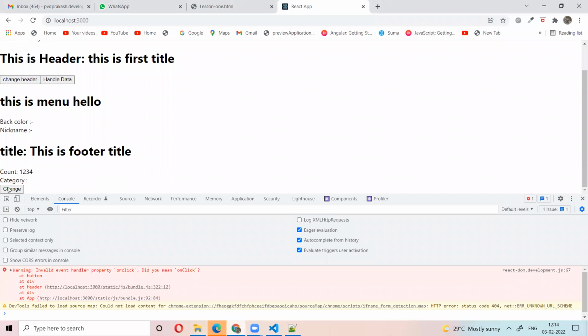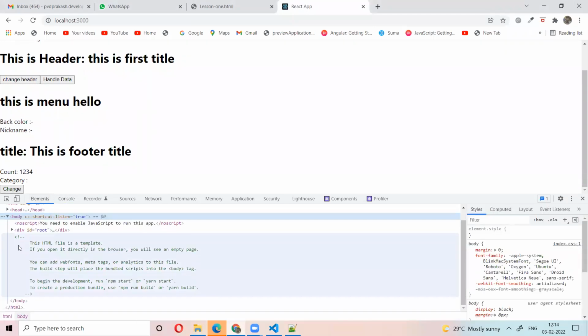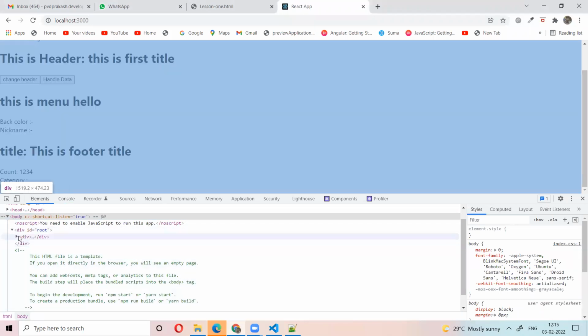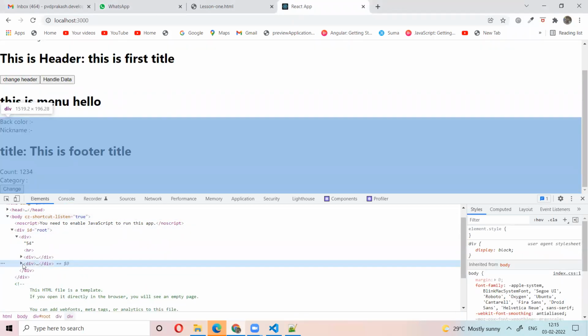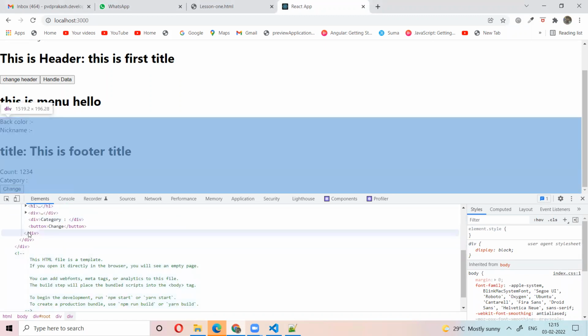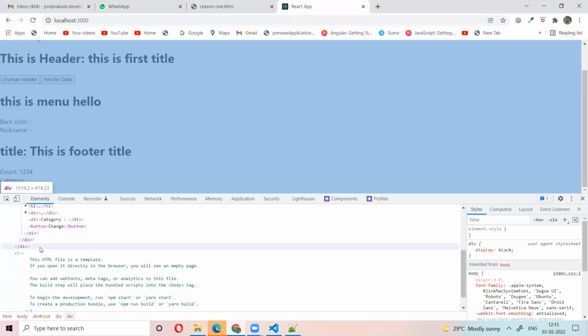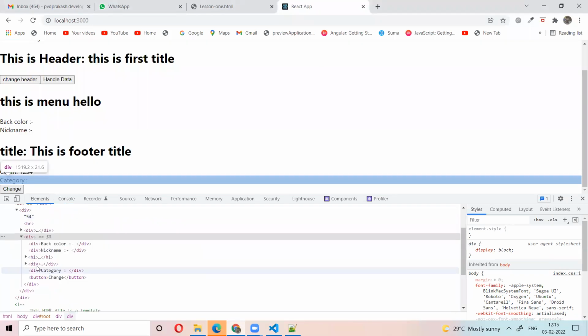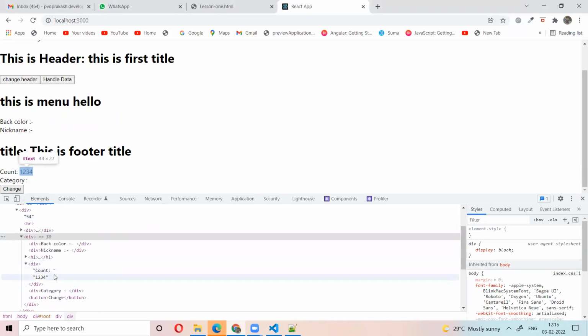I have the footer component. I click the button and I'm changing the count and category with the same value. That's why there is no change in here. For example, if I change